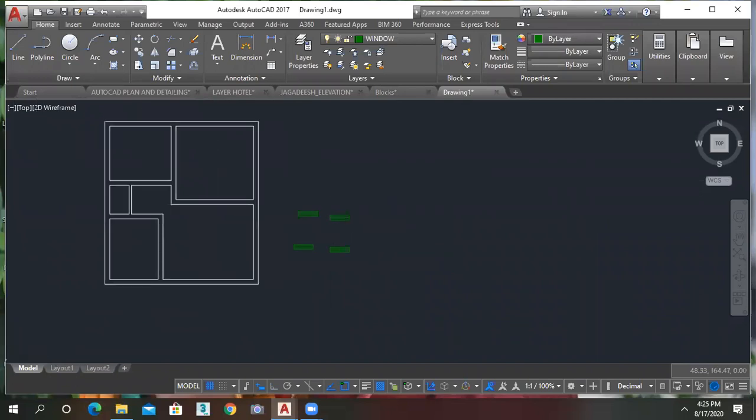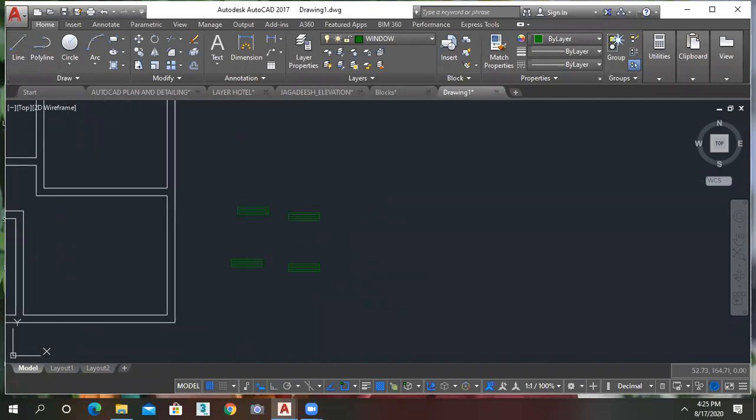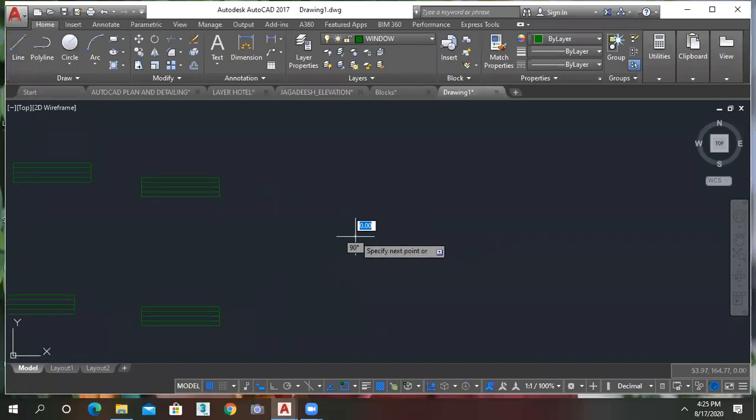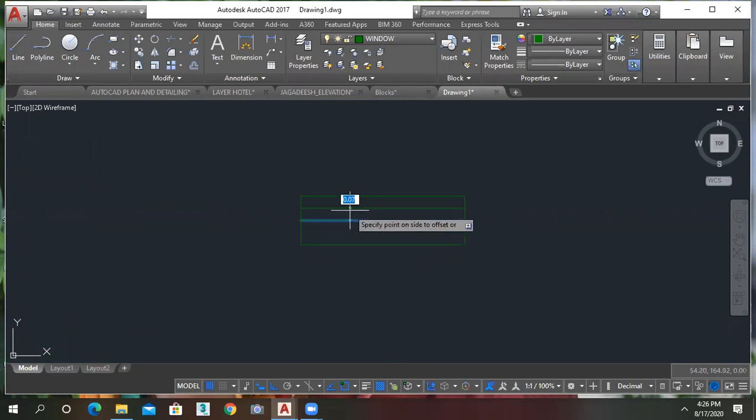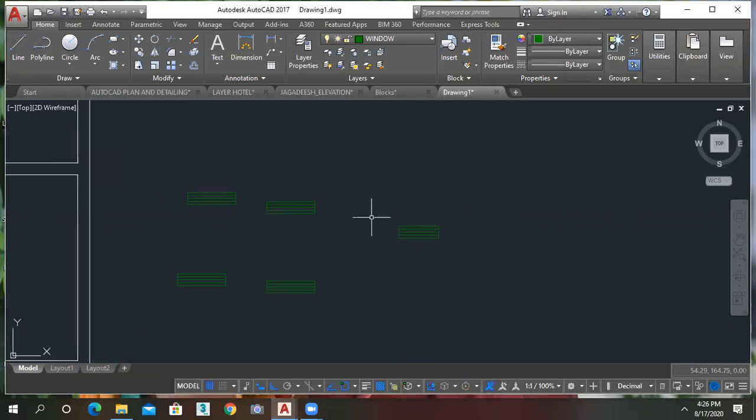This is my W. One more window I have to create here. This is 1.2 width and W1 is 1 meter width. 1 meter, same. Again repeat the same process. 0.3 thickness, 1 meter width and 0.3. Divide at the midpoint like this and give the offset 0.075. This is my W1. Same, copy that.